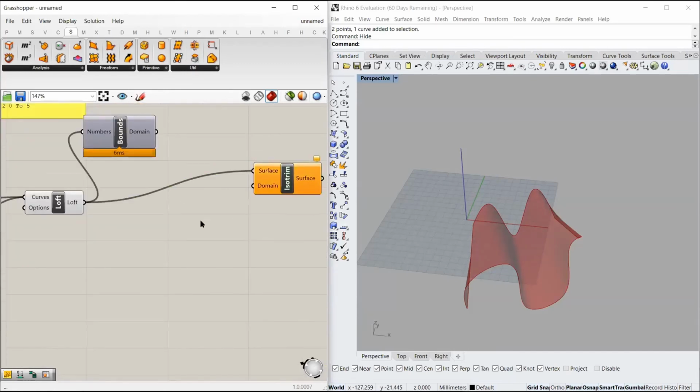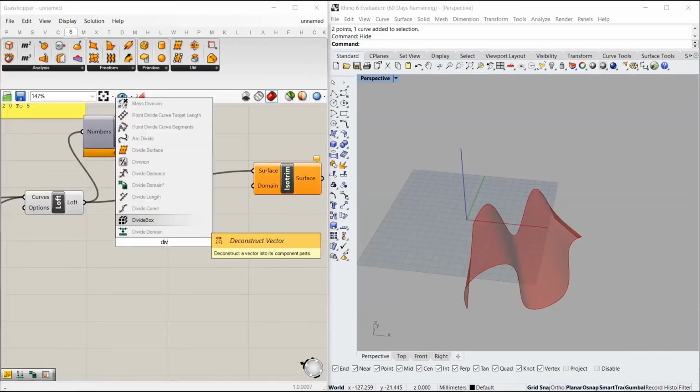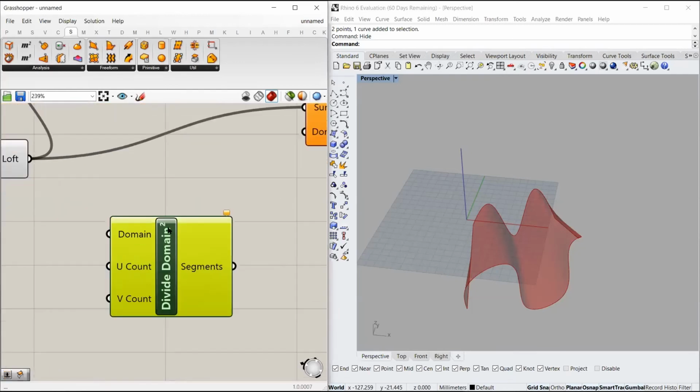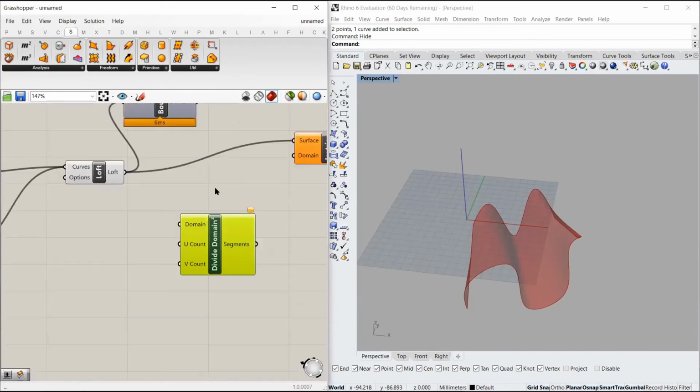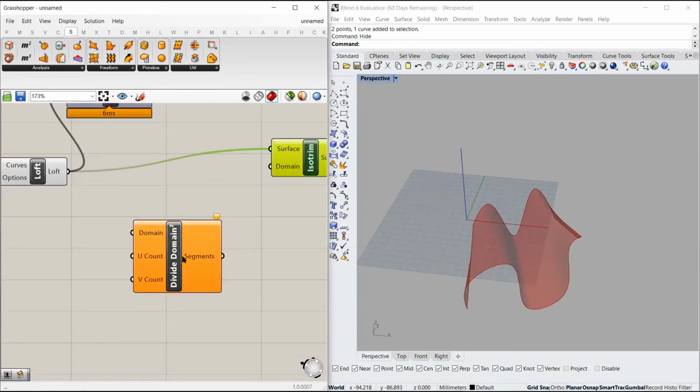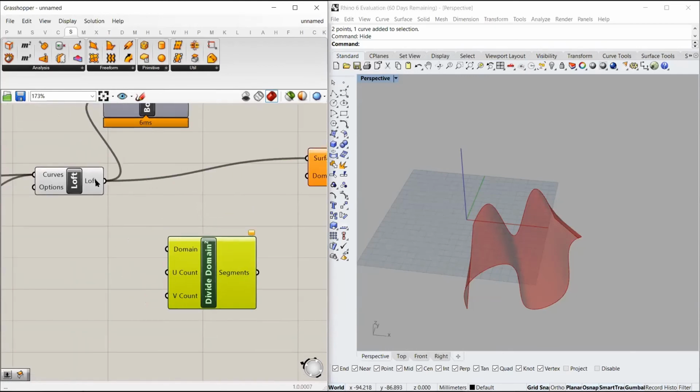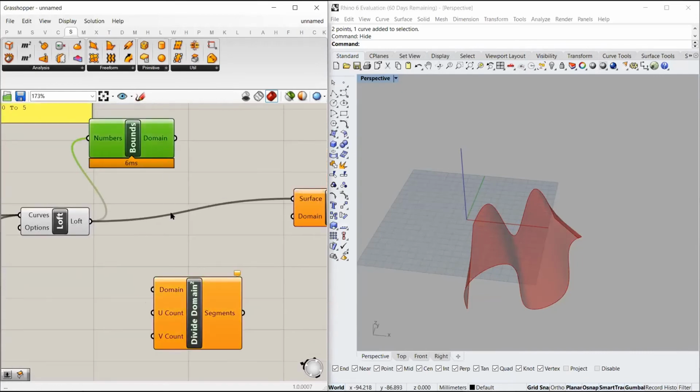So to create a domain, there is a component called divide domain square. This is the component divide domain square, and domain square is used because it has two directions, U and V. So always remember, when you have to isotrim it, you have to use the divide domain square. So now it wants 3 inputs. The first input is the domain, which is actually this.